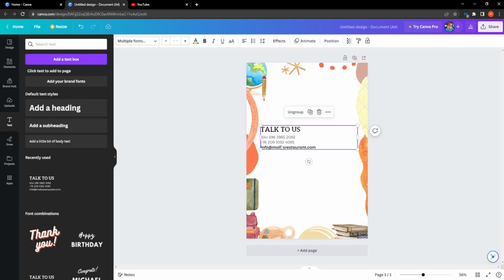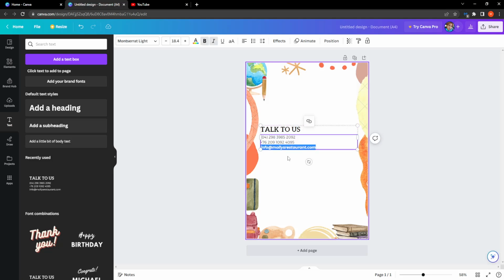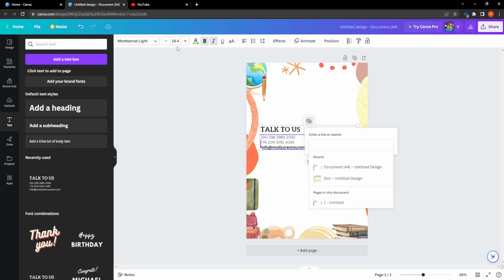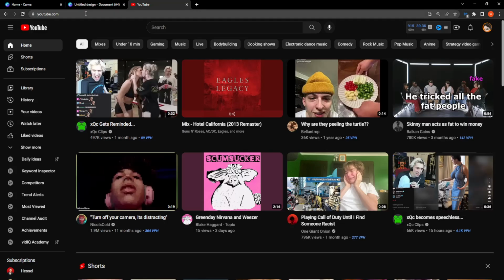So if we want to make part of this text clickable, all we have to do is click on the text 2 times, left click on it, like so, 2 times, and then this should pop up called link. If you want to select and add a link, you click on this, and then I'm going to copy a